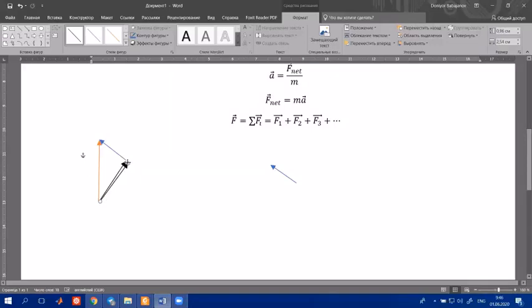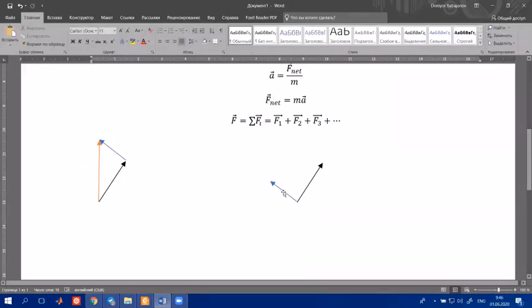This is the same vector, but we are going to add them with parallelogram rule. We connect their beginnings. Let's check, is it the same vector? Or a little bit distorted. Okay, now they are the same vectors, and when we add them via parallelogram rule,